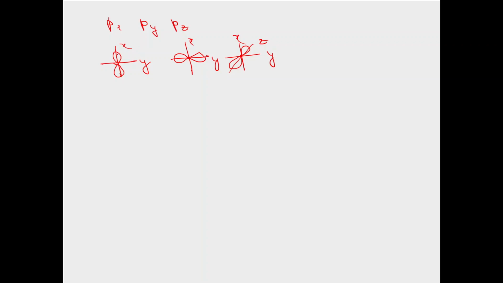Okay, but here if this side is plus, then this slope will be minus. So here we can say that we will go one by one. Now we have 3 p orbitals, and we know that in an octahedral field the ligand approaches from where? From the axis, right? In this case, all the 3 orbitals are present along the axis only. One is along the x-axis, one along the y-axis, and the other along the z-axis. So all of them are on the axis, so they will face the repulsion equally and their energy will